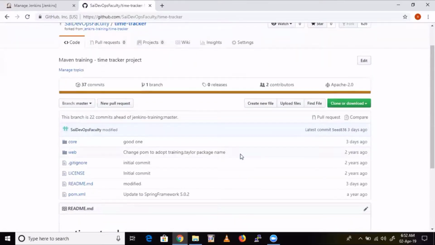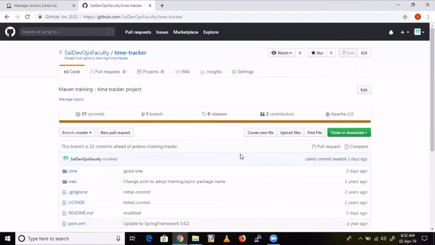Now you can see one repository. In this repository, I have some sample code. So what you do, you take this link and paste it in your browser. You're able to see this, this is my page. For you, this option will be enabled. Immediately it will ask for your GitHub account credentials, so give username and password. That means you are literally copying this repository from my GitHub to your GitHub, so that you can use that one. So please fork that one so that it will be copied to your own GitHub.